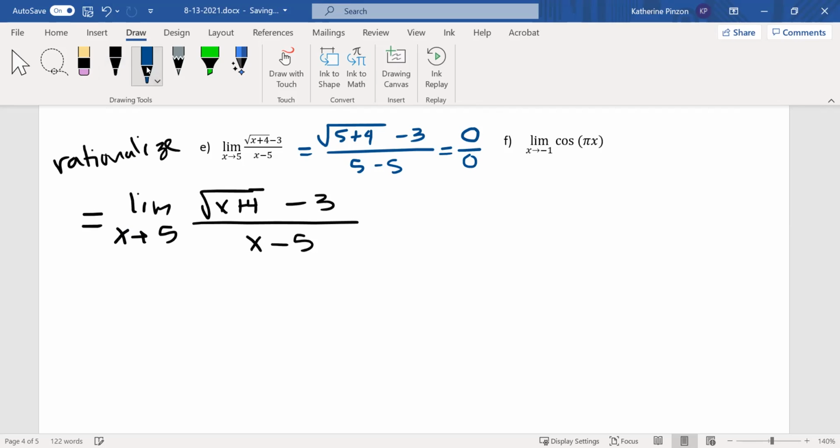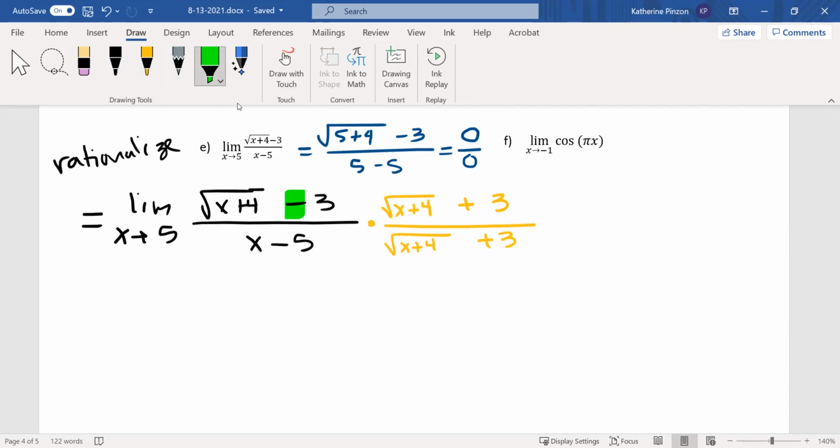Okay, when I rationalize, I multiply the numerator and denominator by the same thing. In this case, the thing that I'm going to pick is this numerator with the opposite sign in between it. So this is the thing I changed. I turned that minus into a plus. And that's how I rationalize. It's how you rationalize complex numbers. It's how you rationalize anytime you're rationalizing square roots, you turn that minus into a plus or the plus into